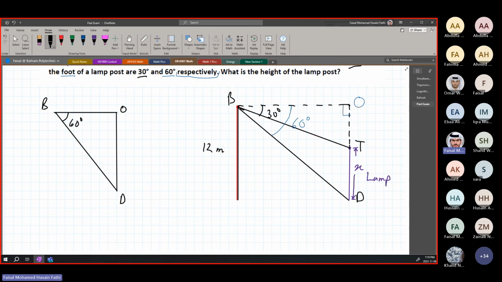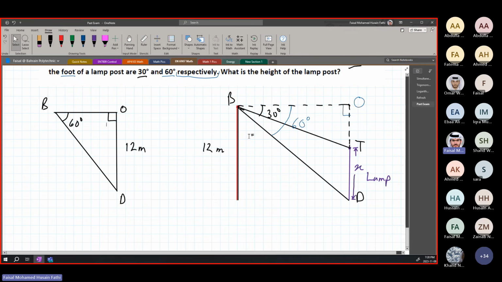Of course here we know what the height is. What is the height here? It's this height, 12. Why? Because this is from the bottom to the top of the building. If we make a line here, this is a perpendicular line, so it means this height from here to here must also be 12. So this is also 12 meters. We have an angle, it's a right triangle. Now we can find anything else related. We will see what we need to find, but first let us draw the second triangle, a smaller triangle.